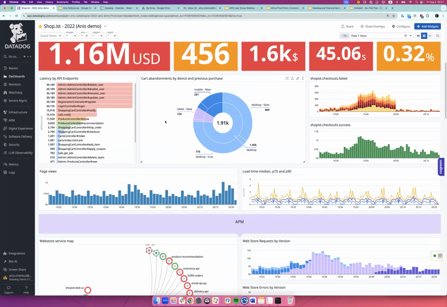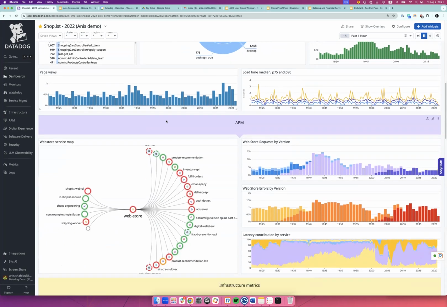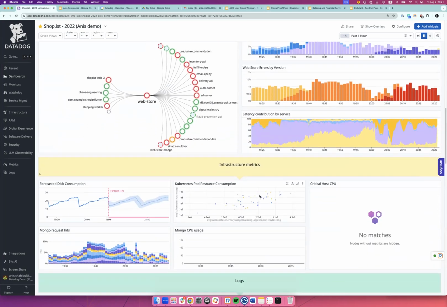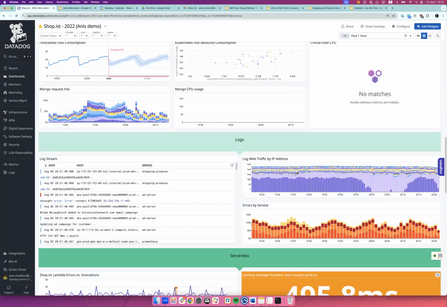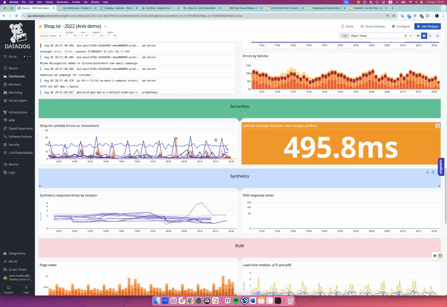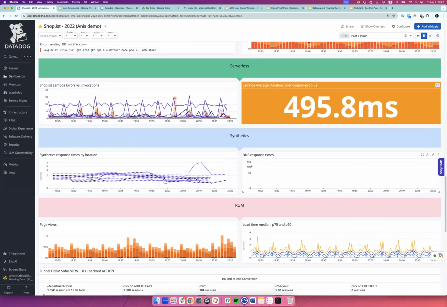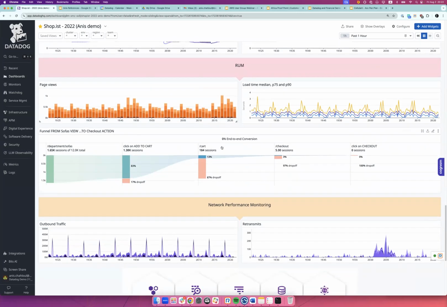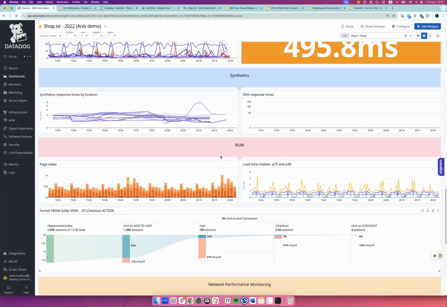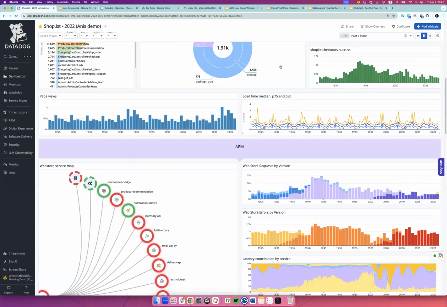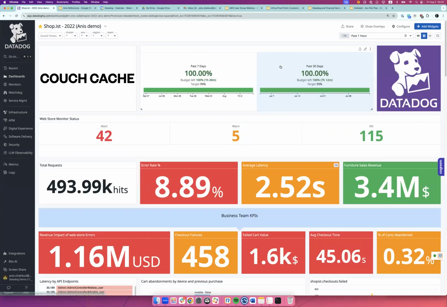Very fast, I can drill down to the APM, to the request, to the latency, to the infrastructure metrics, to the logs, etc. I'm sure a lot of you are familiar with AWS environments, serverless, Lambda functions, real user monitoring. We spoke about the UX performance. Again, I'm not going to go through all the use cases, but what I wanted to show here is that within the same dashboard, I am able to correlate data from different sources.